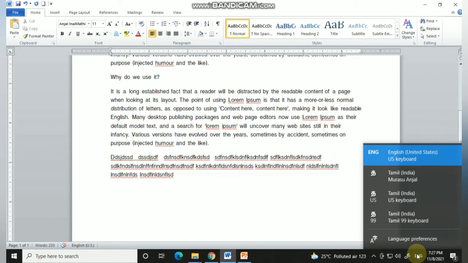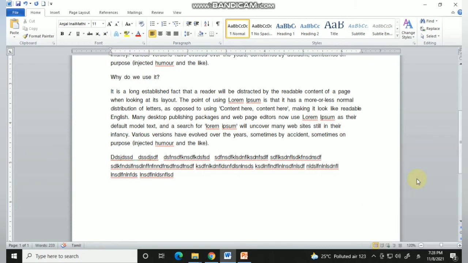You just click it, and here you can see Tamil Murasu Anjal. You just click this, and you can see it has been changed to the Tamil language. Now I am going to type, for example, Amma, AMMA. I am typing in English itself, but automatically it will be converted into Tamil font.